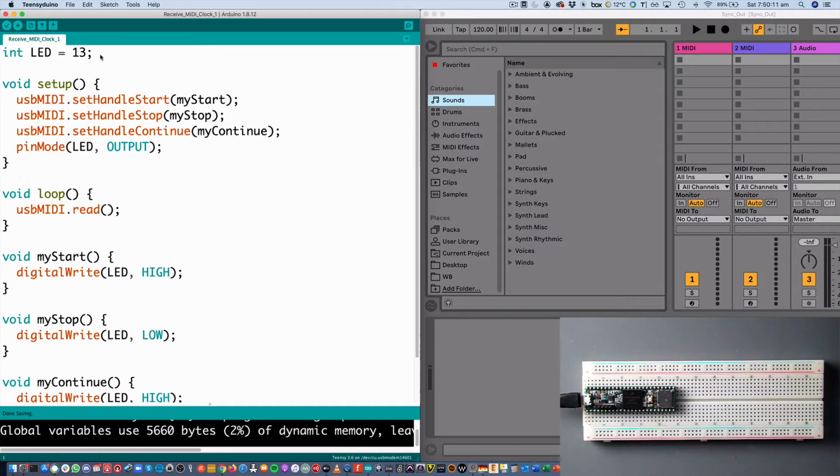In my Teensy code, firstly I'm just initializing an LED variable with pin 13, because that's the pin that our onboard LED is on for our Teensy. In my setup, I'm setting the LED pin as an output,